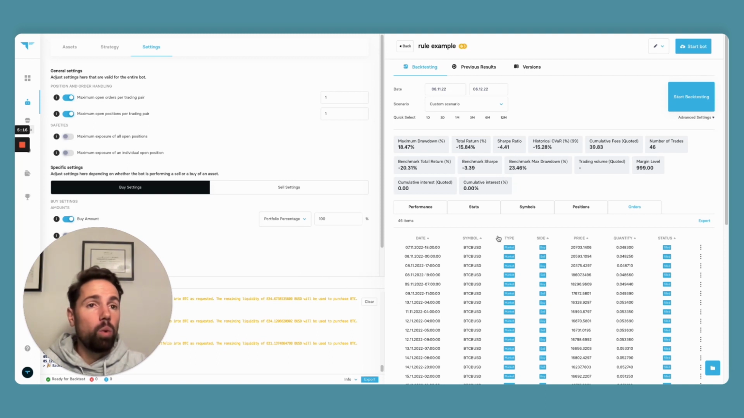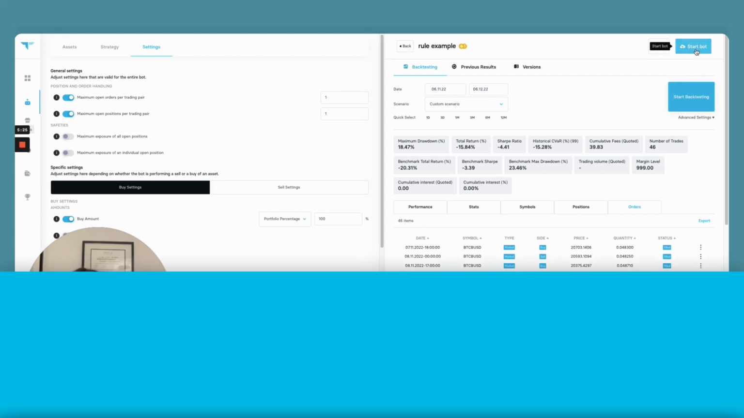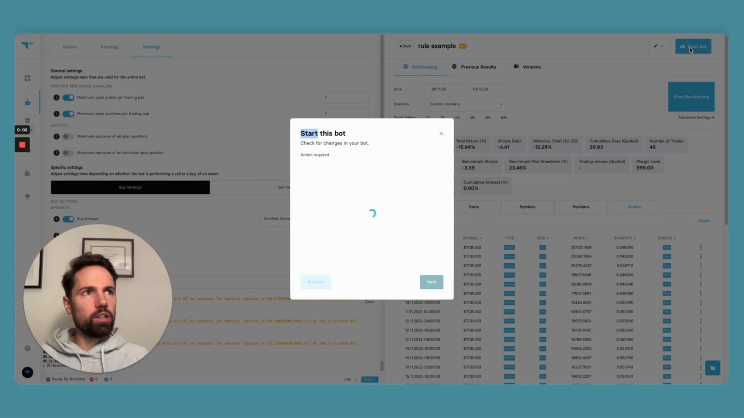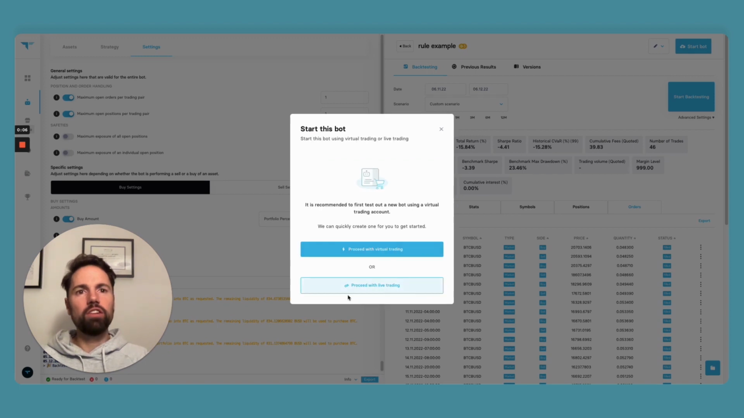Now, once you're happy with your bot, then you're ready to deploy it for trading. And that's what you do by clicking here on Start Bot. So if we click on Start Bot, we're first being asked to save this version, and then we're given the choice between two options, essentially virtual trading, which is sort of like paper trading, or is paper trading, or directly